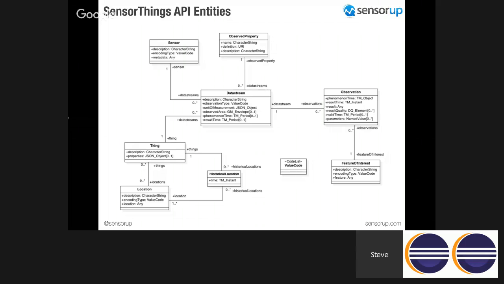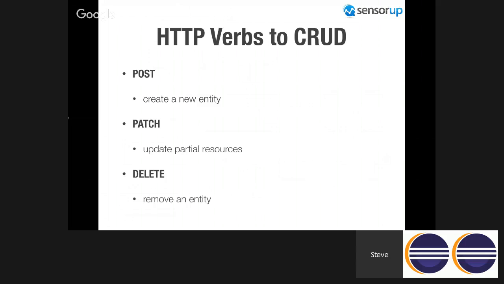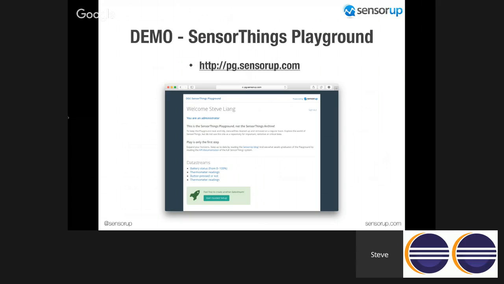So these are the entities. And for every box you can see here, you can create, read, update, and delete. So RESTful, right? You can get, post, patch, and delete each entity. So we use HTTP verbs to do CRUD, for example post to create, patch to update, and delete. If you're familiar with RESTful APIs, this should be very straightforward for you. So I'm going to do a demo